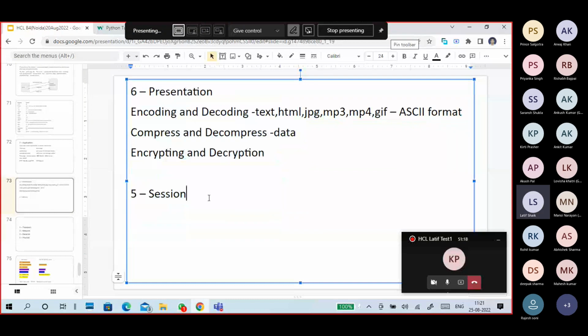Three duties of presentation layer. Then what is a session layer? What is a session layer? Session layer is